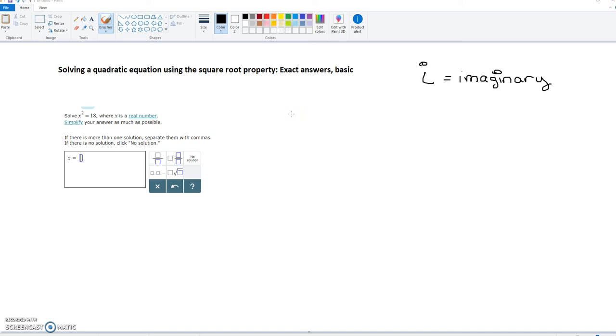Solving a quadratic equation using the square root property, exact answers, basic. With this topic, I've gone ahead and provided a clip so that we can make sure we know how to enter the answers correctly into ALEKS. Also, we need to know what they're looking for. And in this topic, they're wanting real